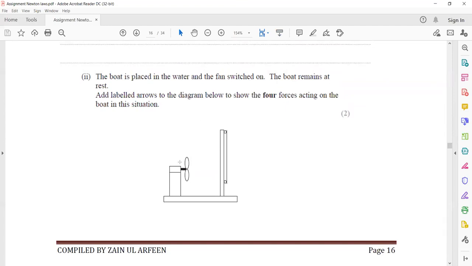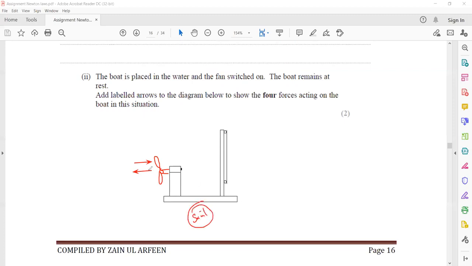So instead of the fan being placed on this side, it is placed on the other side. Now what will happen? Look, the fan will apply force on the air, and the air will apply force on the fan. And when we compare the sail only,